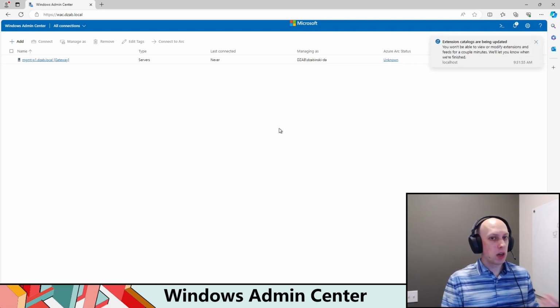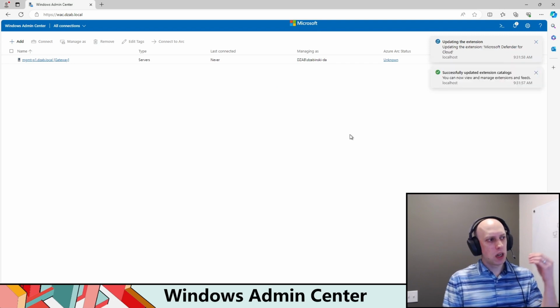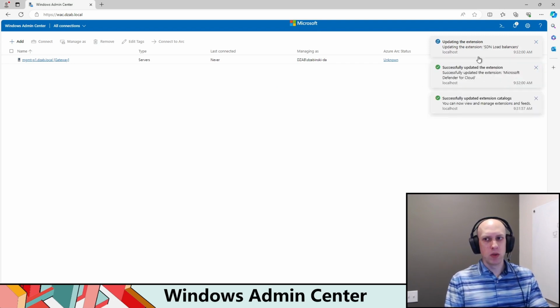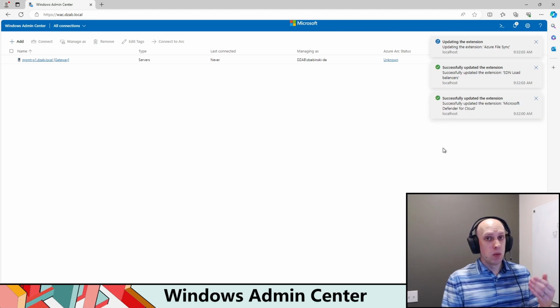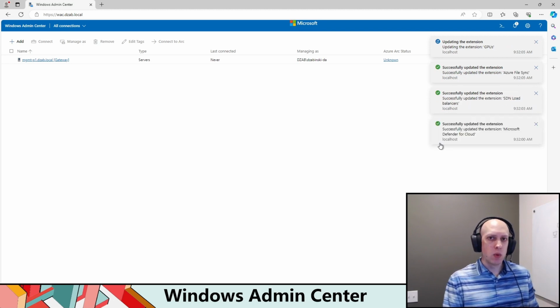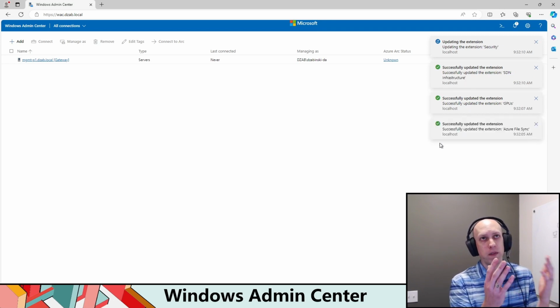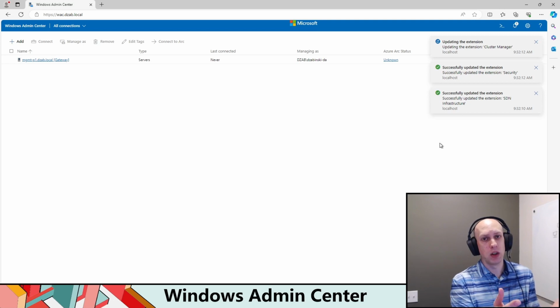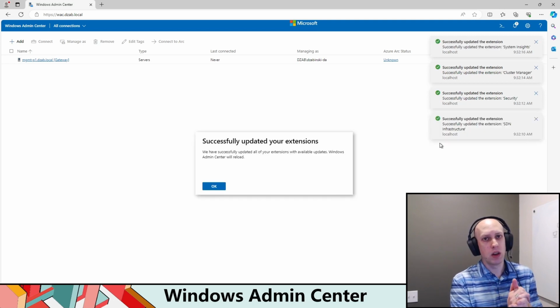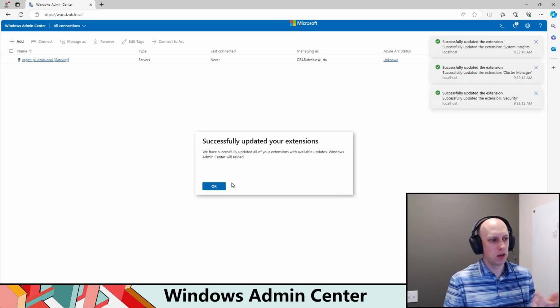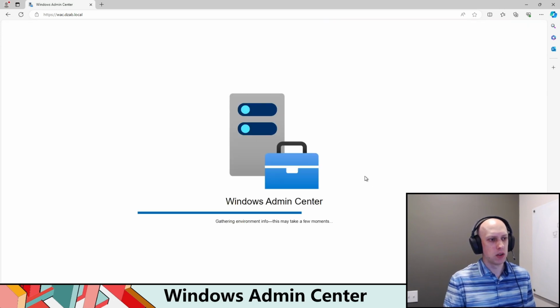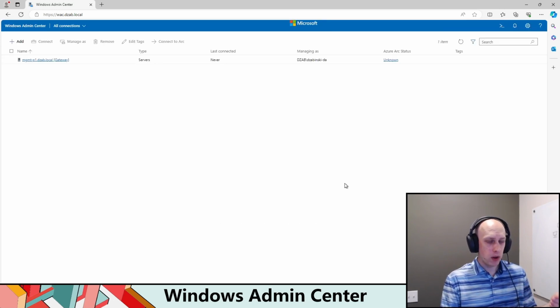So while we're talking about sign-ins, you're going to notice as this opens, you'll see up in this top right corner, we've got a whole bunch of extensions I start installing. Extensions in Windows Admin Center operate the same way that extensions in Azure operate. It's essentially you install the extension and it increases the available features that the Windows Admin Center can perform. We're going to walk through that a little bit, and you'll see a prompt for successfully updating your extensions. It comes with a couple by default. You also have the ability to install optional extensions,